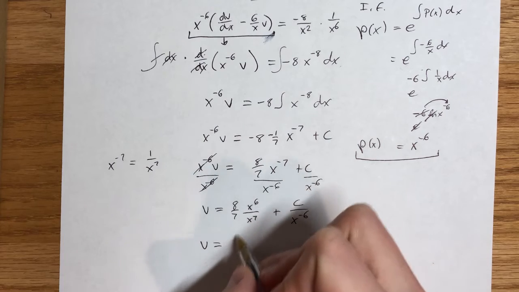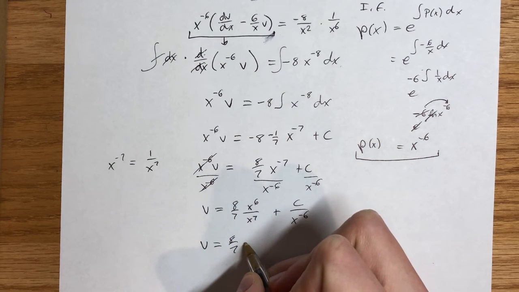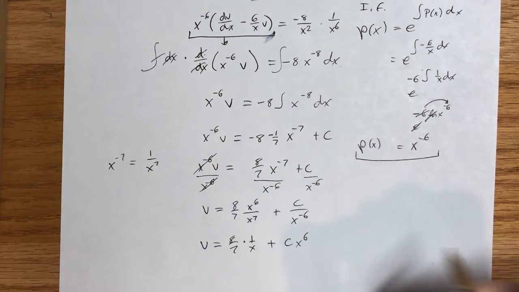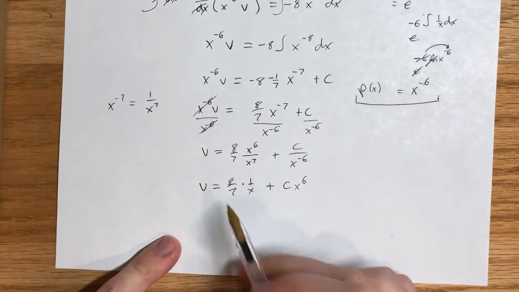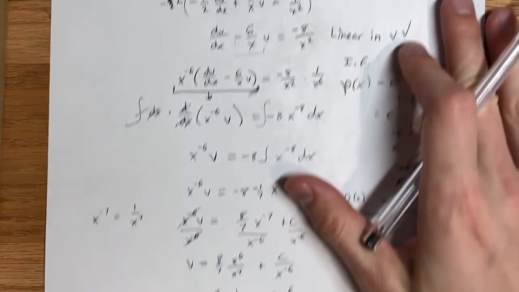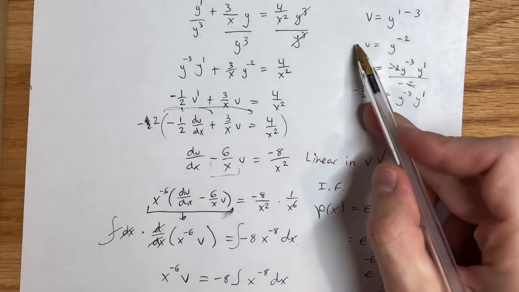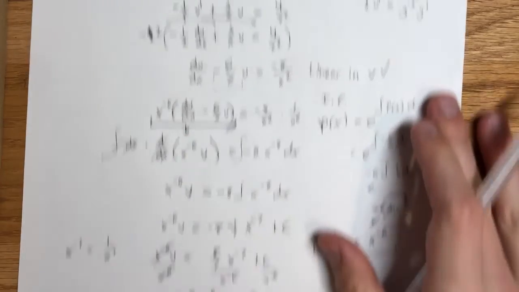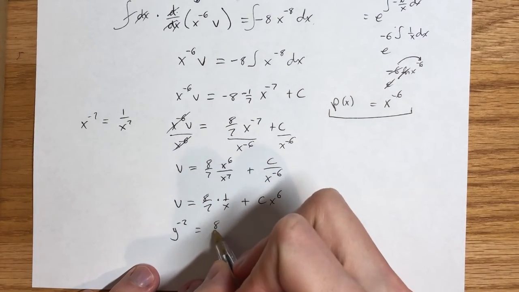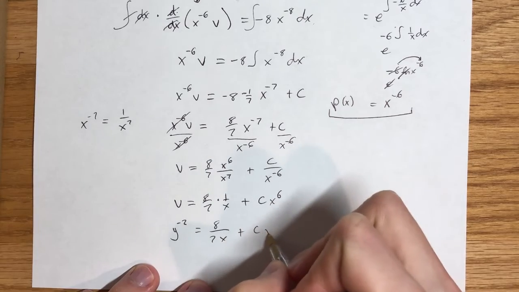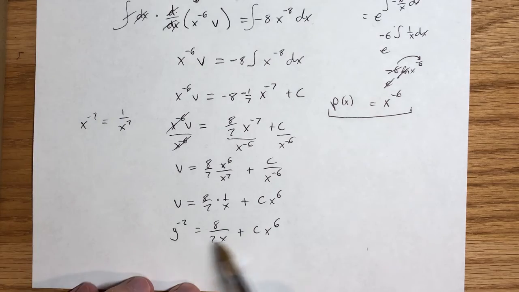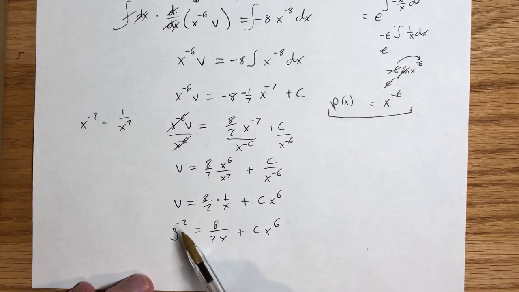So I have v is equal to 8 over 7 times 1 over x plus c x to the 6th. Now I want to replace my v back in, so I have everything in terms of x and y's. And if we remember way back at the beginning, our v was equal to y to the negative 2nd. So by plugging that in, I have y to the negative 2nd equal to 8 over 7x plus c x to the 6th. And technically you could stop here at this solution. But if you want to get the explicit solution for y,